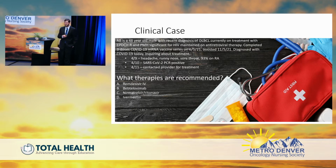Based on this, what therapies could be recommended in this patient? We have several options listed here: remdesivir, bebtelovimab, which is a new monoclonal antibody that's been authorized for treatment of mild to moderate outpatient COVID-19 illness, nirmatrelvir/ritonavir, which is Paxlovid, the oral antiviral, and then ivermectin. These may be things that you run across and want to work through each of these